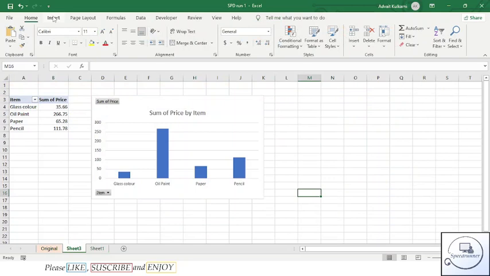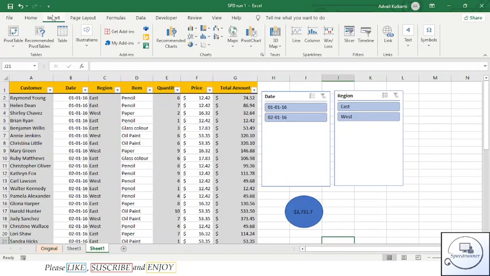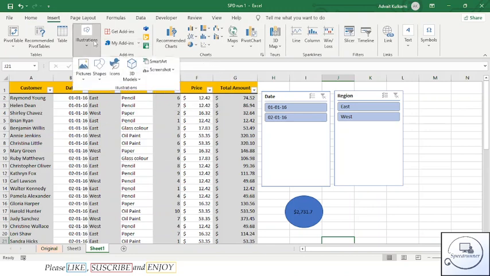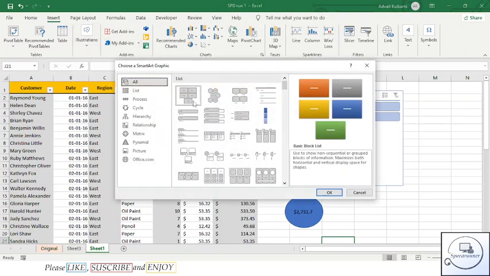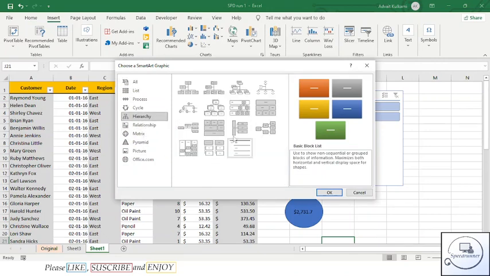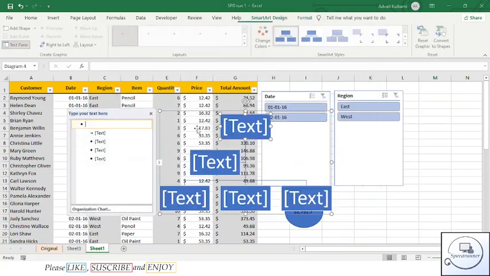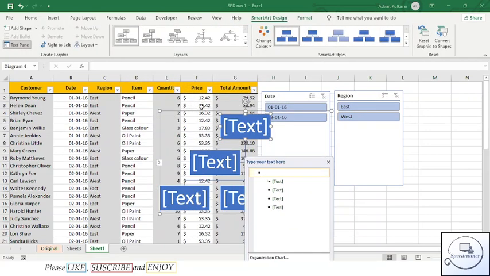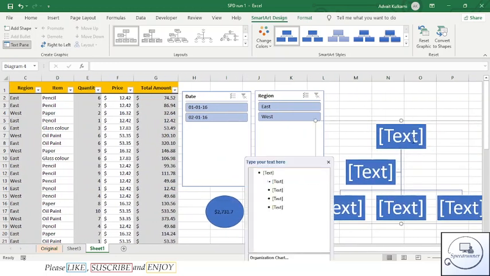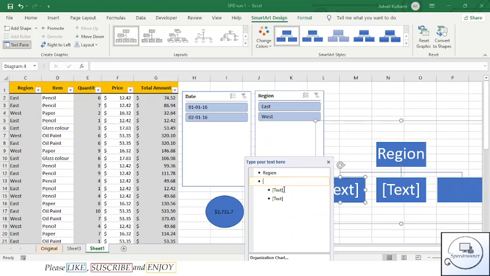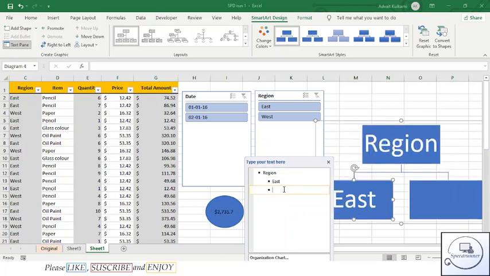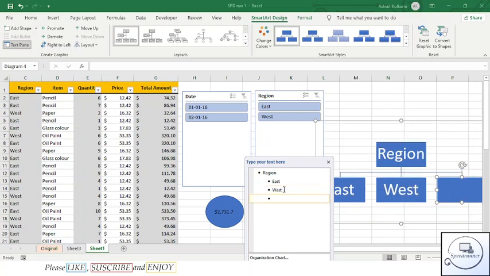Along with this, you can add smart arts if you want. For example, go to insert, illustrations, smart art, and select a simple smart art such as hierarchy. Select hierarchy, click on OK, and then move the box a bit to the left side and start adjusting. For example, under the region, you only have east and west. Under the west, you can sell